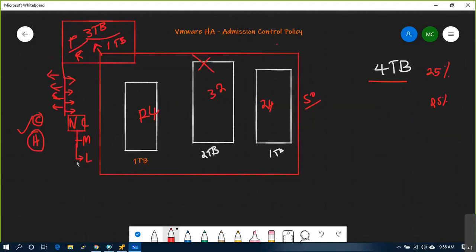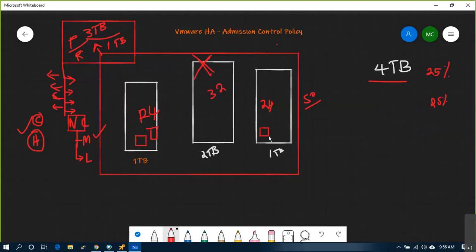So what happens, even if a bigger host goes down, critical VMs will be restarted first. Even after your critical VMs are powered on, you are left with some space. If you still have some reservation space, you can restart the medium non-critical machines.